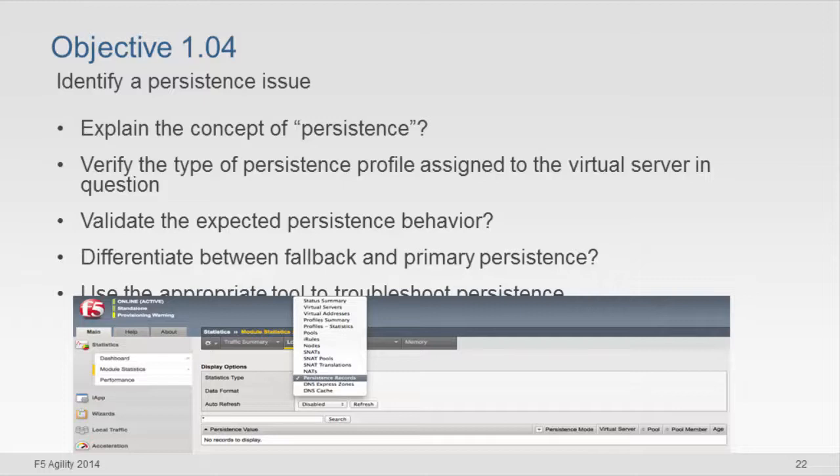Whenever you see a question on the exam, it's going to be based on 11.1. So what I would like to say to everyone is, when you're building out your VLabs to study for this exam, download the 11.1 VE. Use the 45-day temp key that I give you for the 11.1 image. Study for the exam based on 11.1 so that when they mention a path to you, like Overview, Statistics,